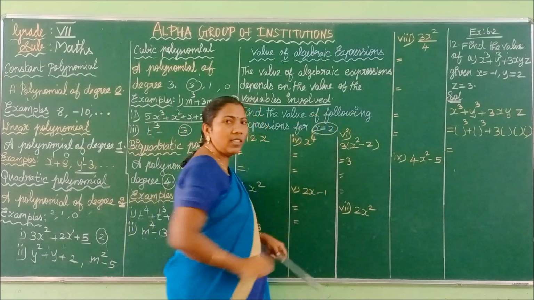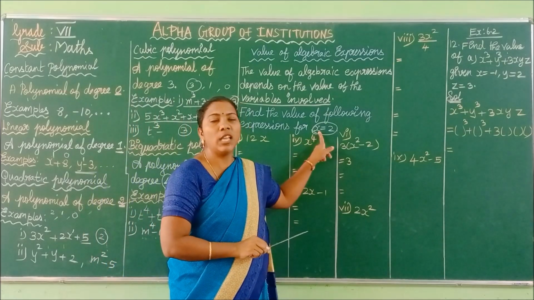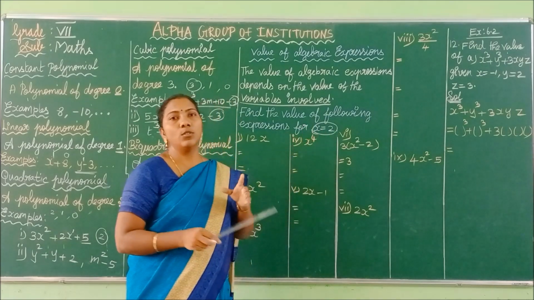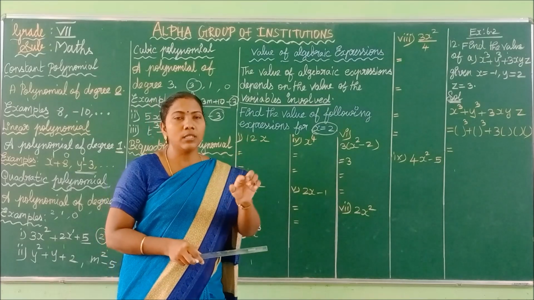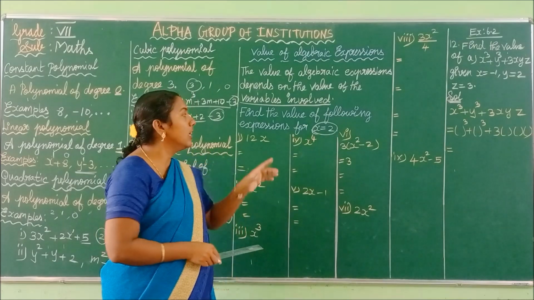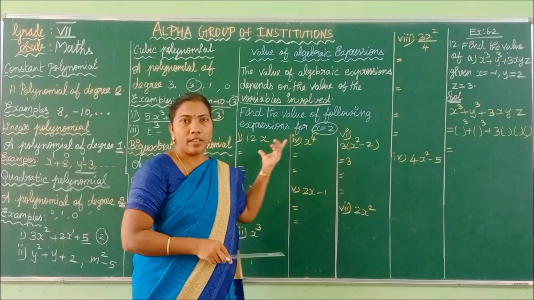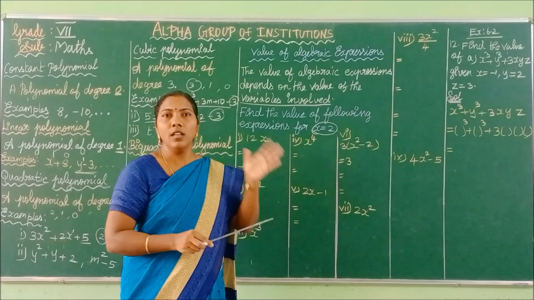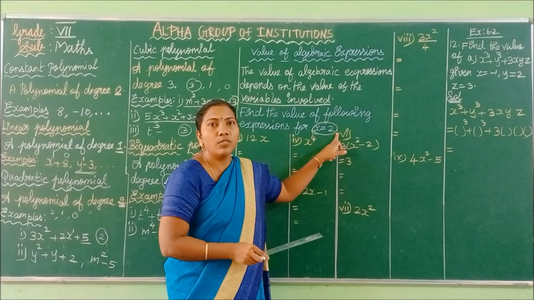How can you find the value of an algebraic expression? You have to substitute the given value instead of the variables. In sports and games, if someone has an injury, then someone else will come on to play in that person's place. Such a process is called substitution. Like that, here also we are going to substitute the given value for the variables. What are the variables? The alphabets a, b, c, d, etc. are called variables. We are going to substitute the given values instead of the variables.